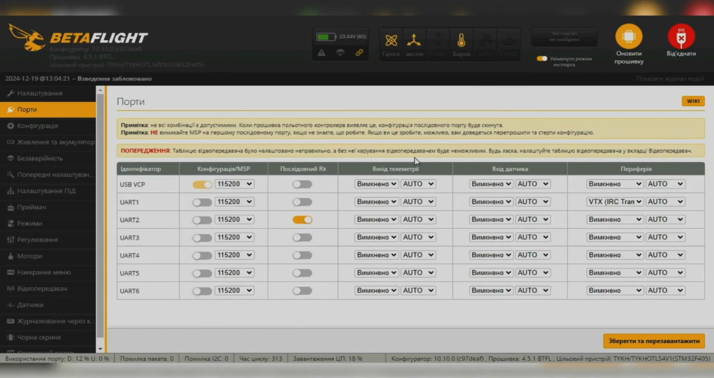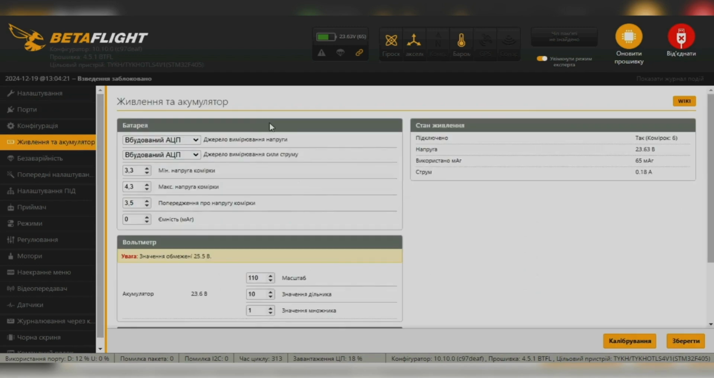The next section of the Betaflight configurator that will interest us is the Power and Battery tab. Here we can make some previous settings related to the battery. In the battery subsection we see parameters such as the minimum cell voltage, which is set to 3.3 volts by